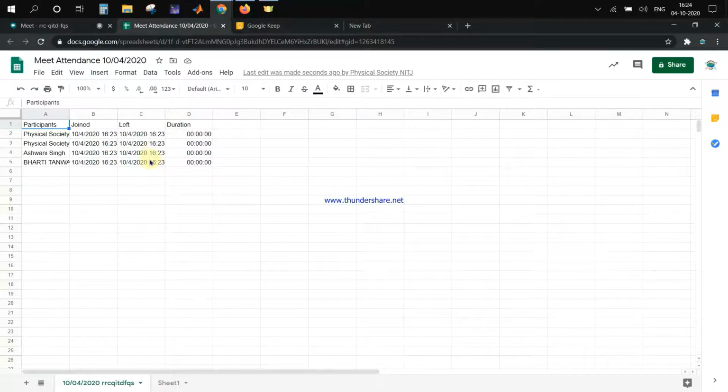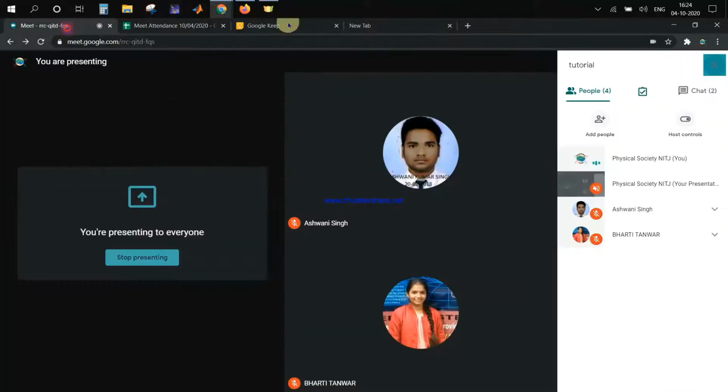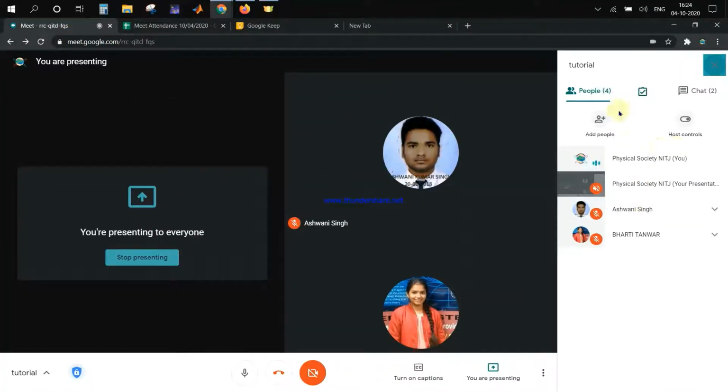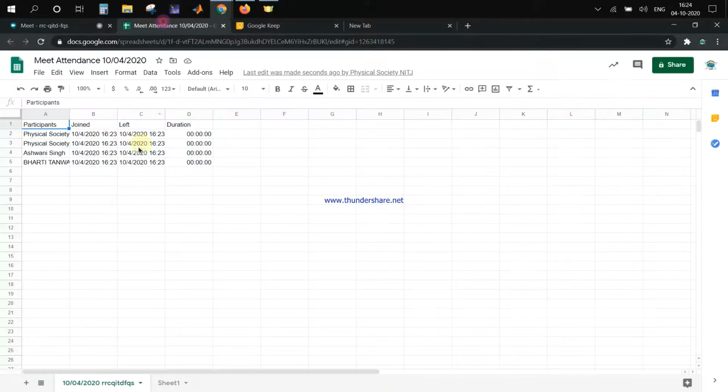You have not left, but it records the last time that you were present here. So this Meet link will be updated from time to time, and this entry will be refreshed. So it will tell us when the participant joined, when he or she left, and for how much time the participant was there in the particular meeting.